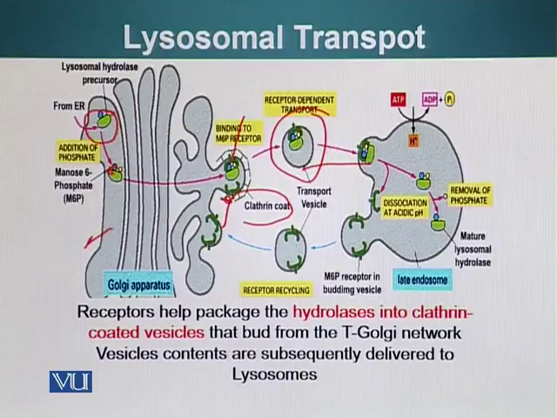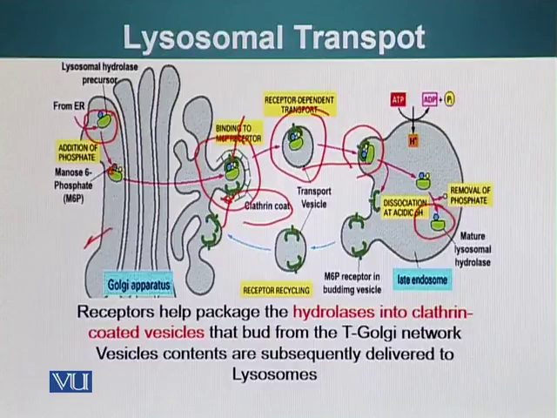So this binding is happening at a higher pH, less acidic environment, whereas the release of cargo by this receptor happens at a lower pH or more acidic pH. And so now the protein has been released, and this receptor will again be recycled, sent back to the Golgi apparatus where it can bind other cargo proteins and take them to the lysosome.